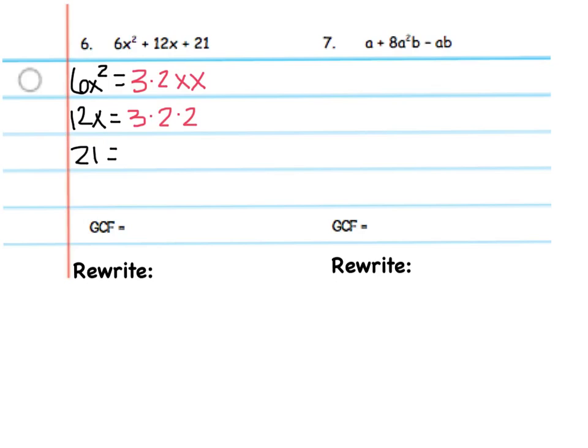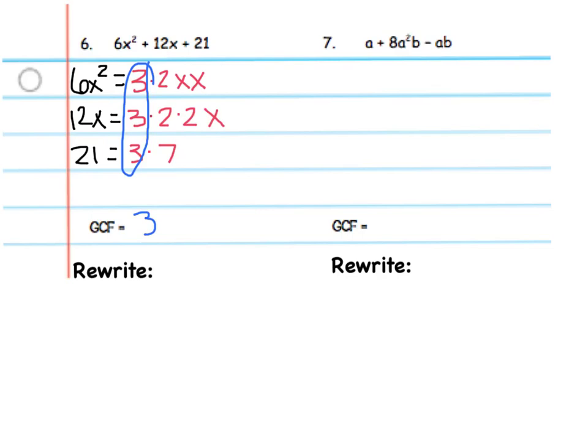Okay, check yourself. 3 times 2 is 6. 6 times 2 is 12. Alright, we're good there. And notice there's the x. 21. Numbers multiplied to 21, 3 times 7. Is there any letters? Nope, so we're done. What do they have in common? They all have the number 3 in common. Is that it? It looks like it, so therefore the GCF